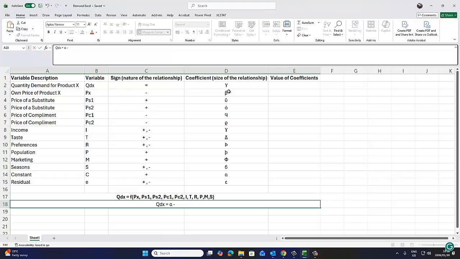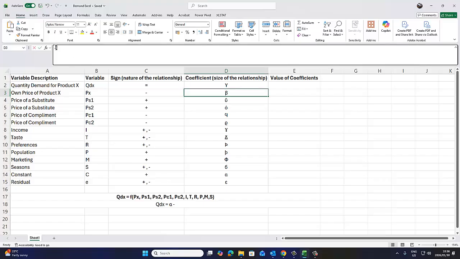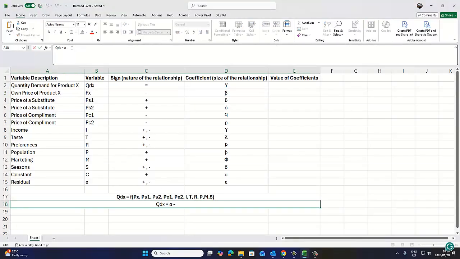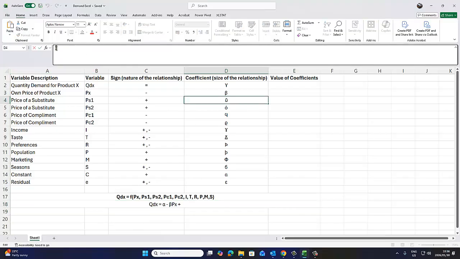Actually, what I want to do, let's do it the long way. Minus beta, price of X,